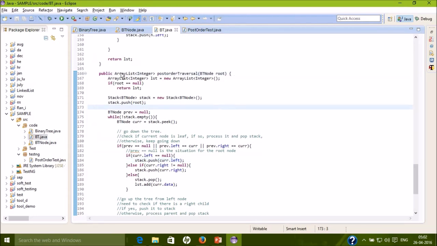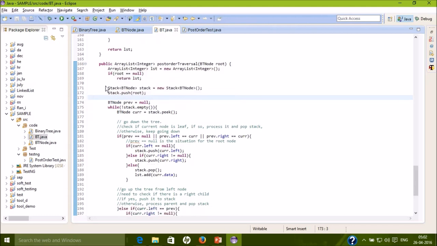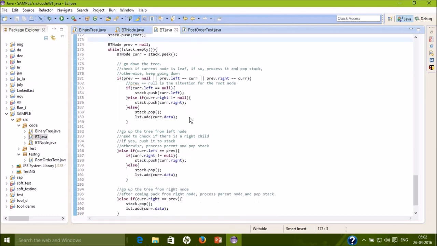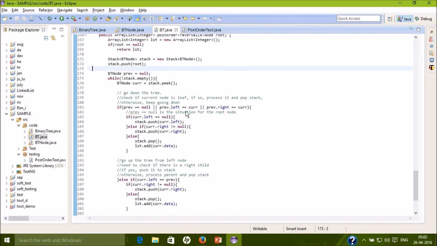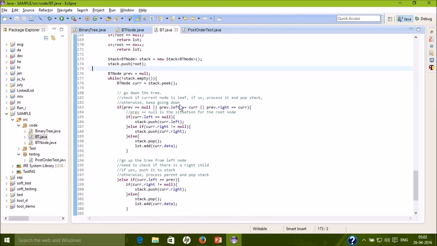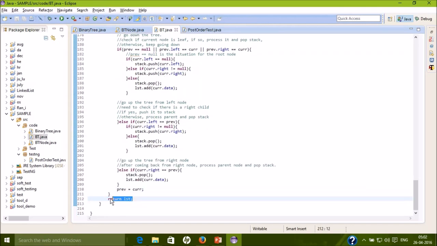As we can see, this method returns an array list of integer. Looking at its implementation, what it does is it arranges the nodes in the post order traversal order, then creates an array list and adds them accordingly, and then returns this array list.